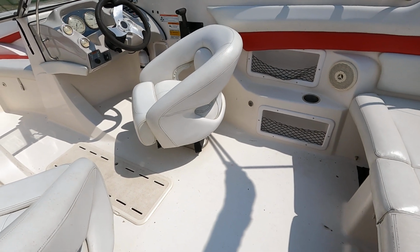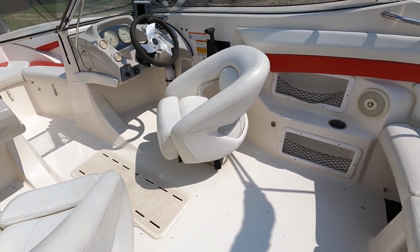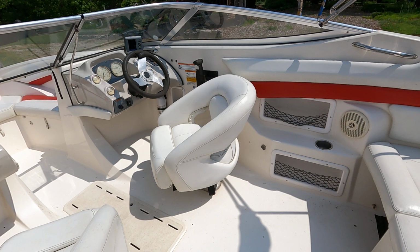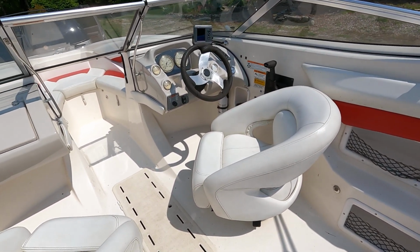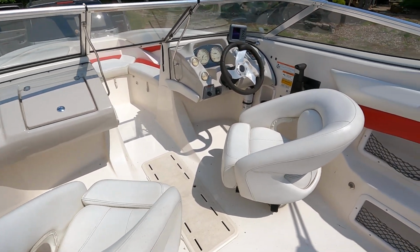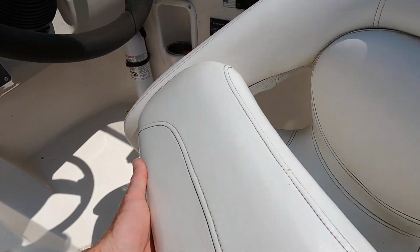And I say that because the snaps were removed as well, which if you're not a big fan of the cockpit carpet, I don't blame anyone one bit taking those snaps out, because they can catch some toes and they're not comfortable when you step on them. So we do have the driver and passenger flip up bolster seats, and that simply means that you've got basically